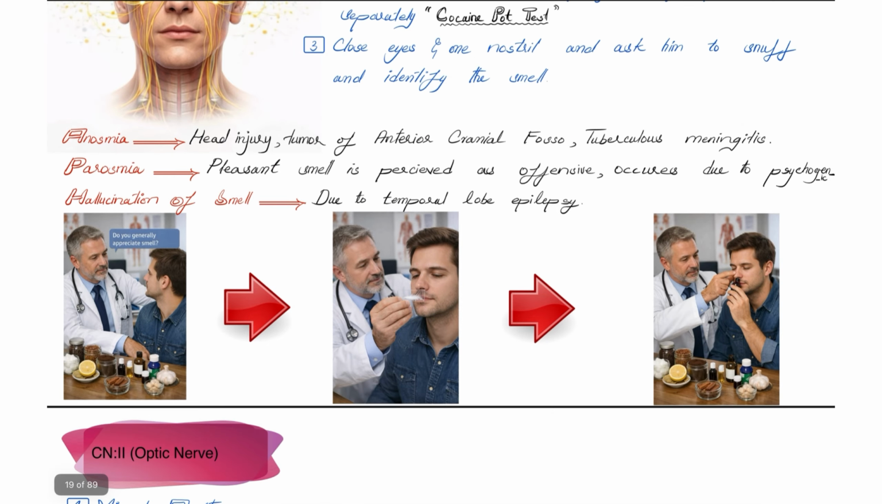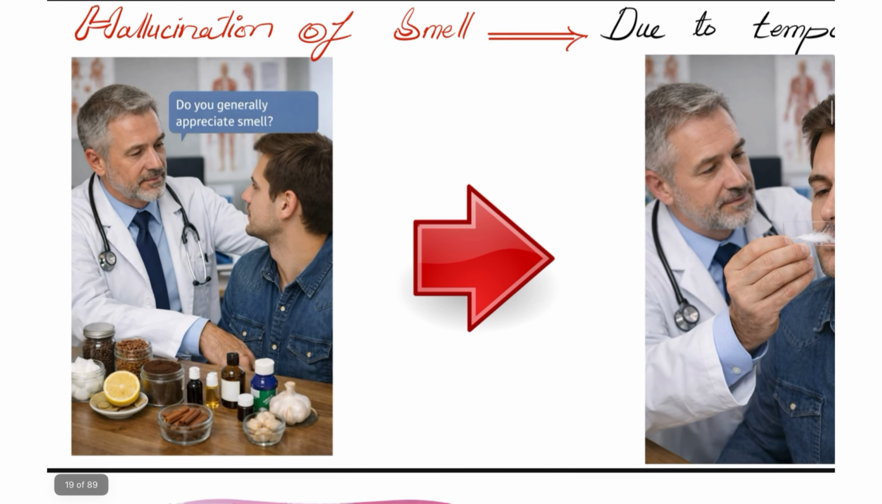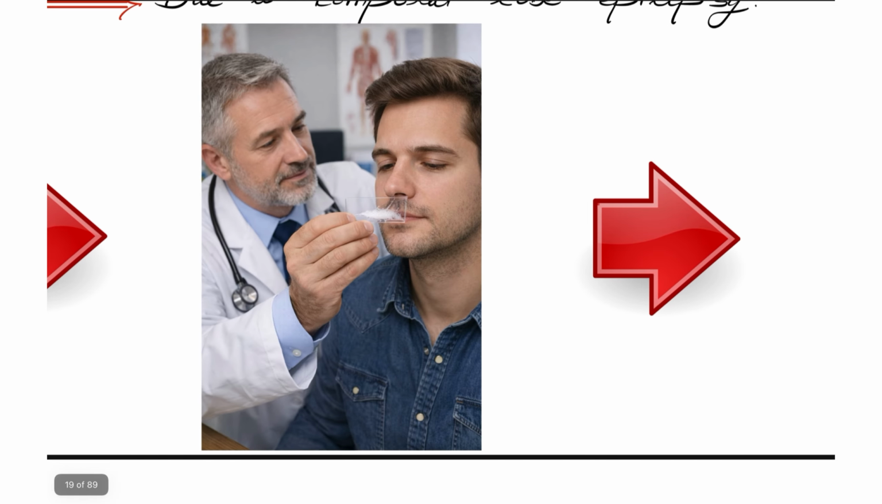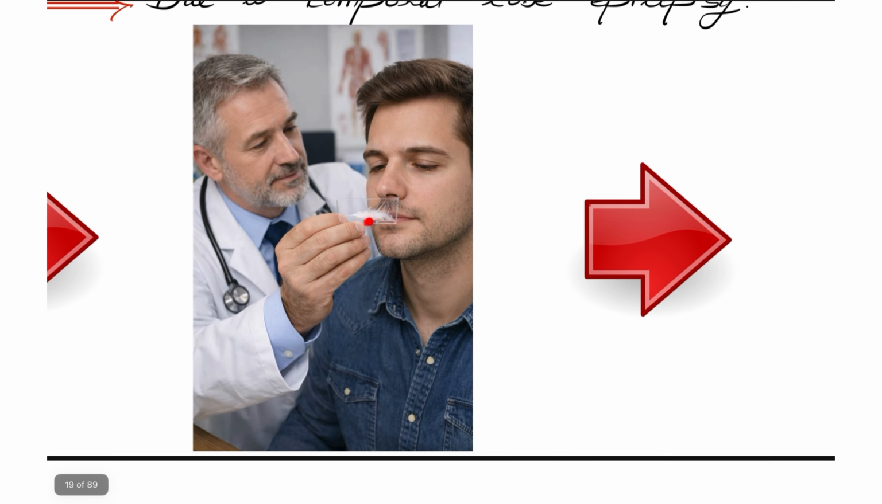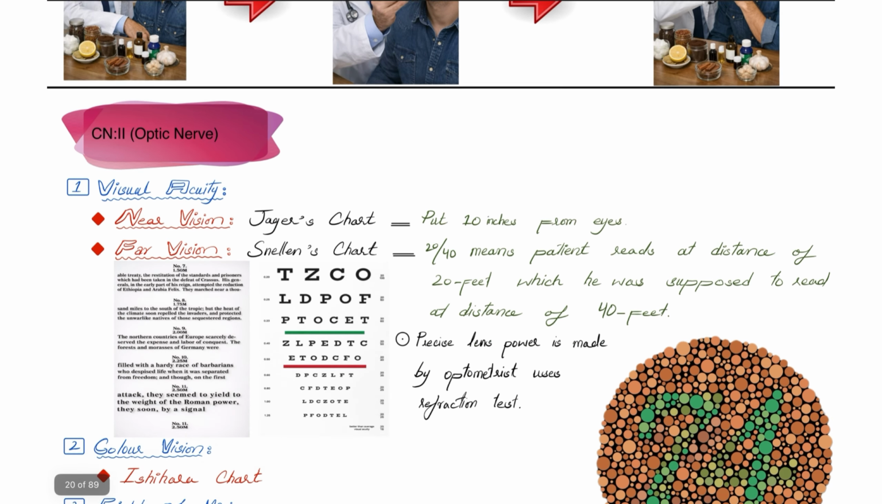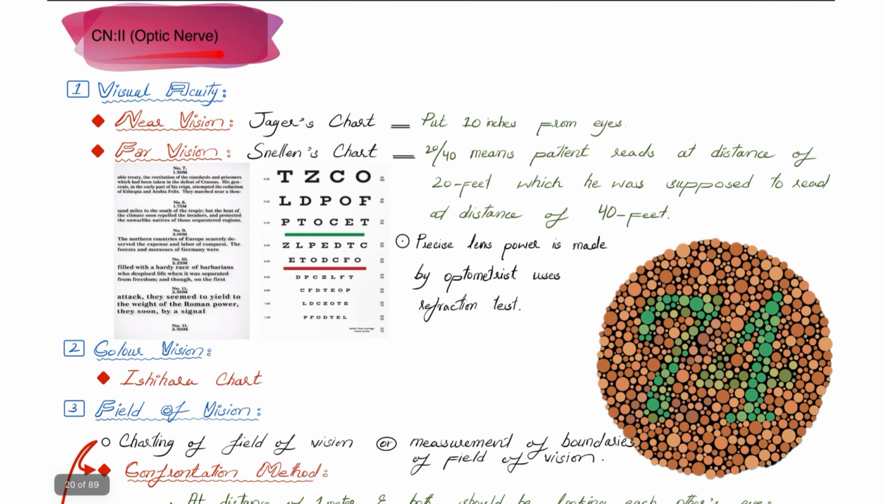As you see in the image, the first thing that you have to ask the patient is whether he can appreciate smell or not, then check the patency of each nostril separately, and then ask the patient to sniff the items and identify the smell. The second cranial nerve is the optic nerve, and in this domain we will cover the following aspects